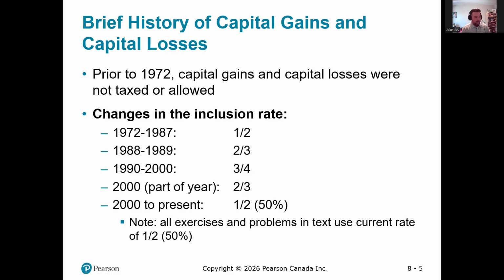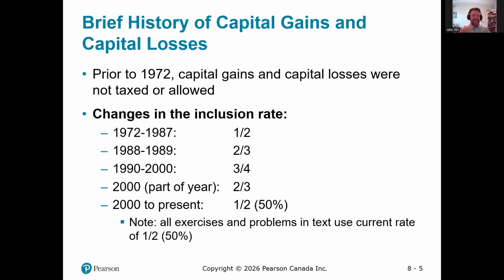So, a brief history of capital gains and losses. Right now, capital gains has what's called an inclusion rate, and it's an inclusion rate of 50%. So, if I have a $10,000 capital gain, my taxable income is only considered to have grown by $5,000, 50% of the gain. That is why we emphasize the difference between a capital and a taxable capital. Always look for that first word. When discussing capital gains, we're usually discussing the full realized amount.